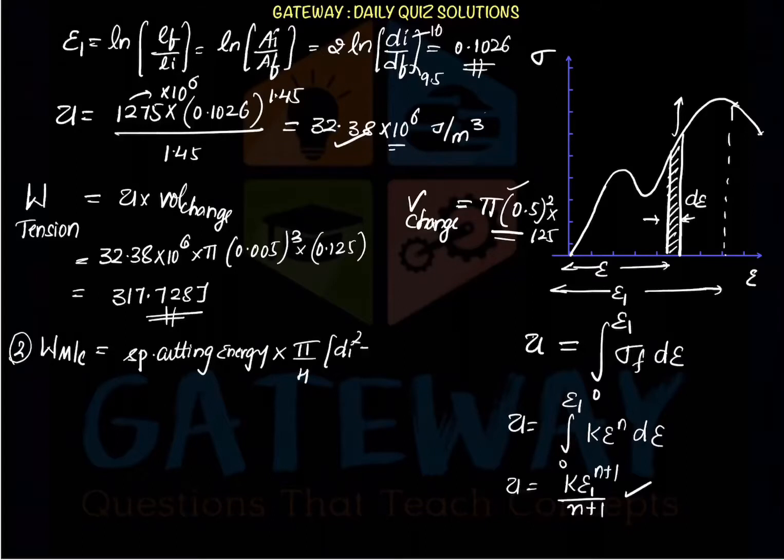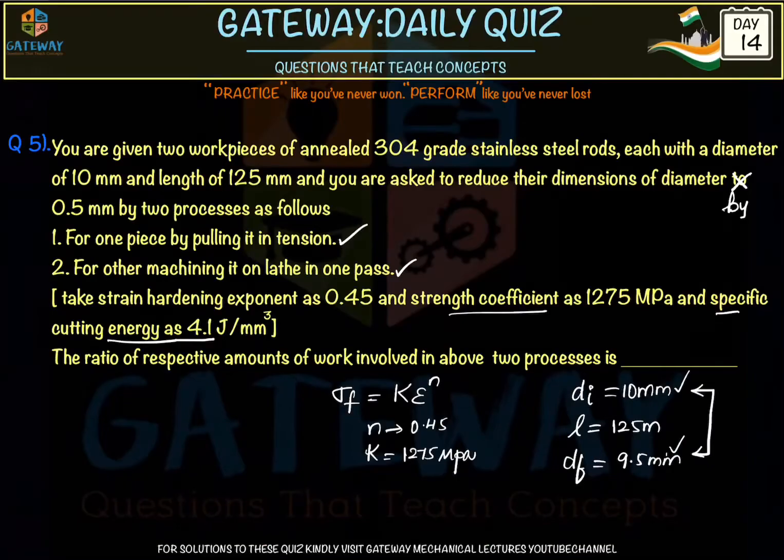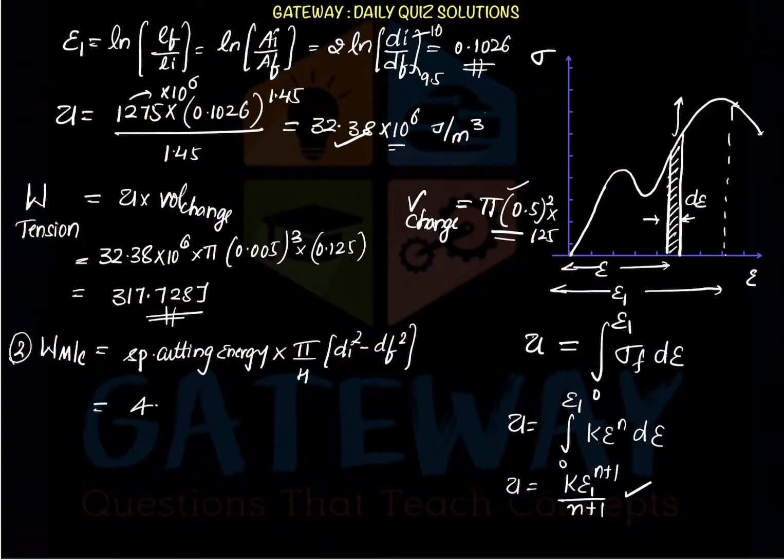So pi by 4 into D initial square minus D final square. Keep them in mm only, because the specific cutting energy was given in mm, and the specific cutting energy in the question was given as 4.1 joule per meter cube, into pi by 4 into the D initial, which is nothing but 10 square. And also volume, right? So here we will also have length: 10 square minus 9.5 square into the length, which in the question is given as 125,